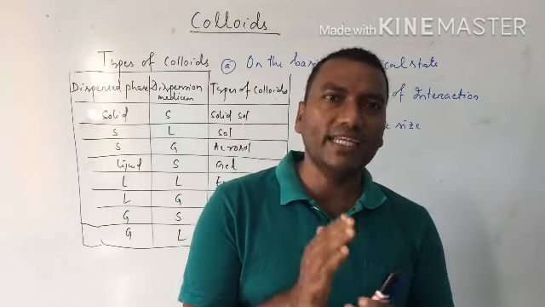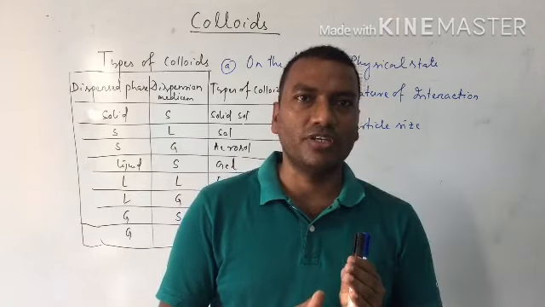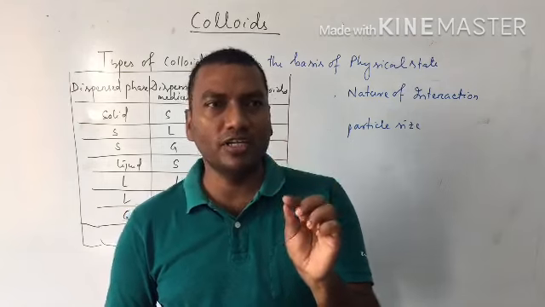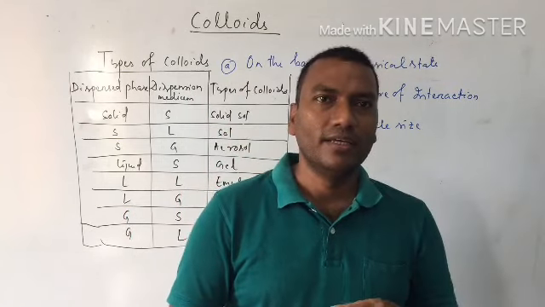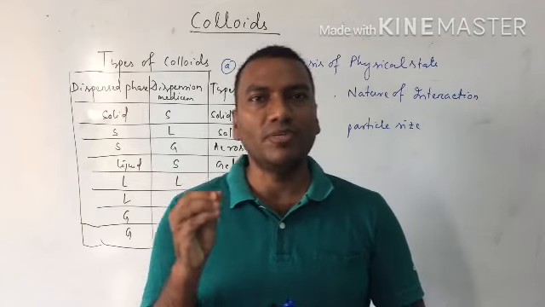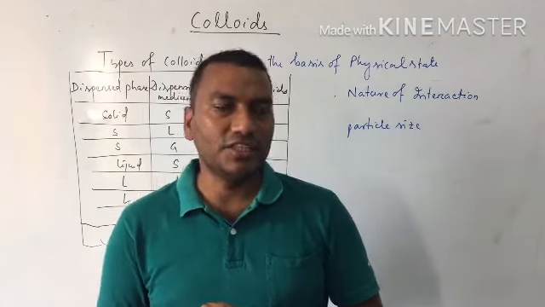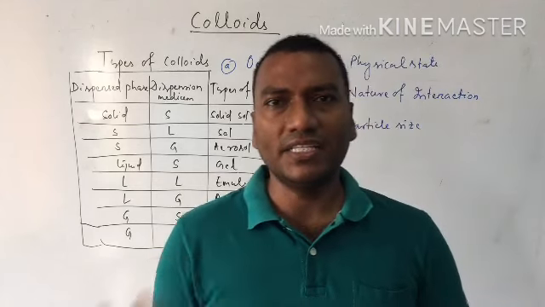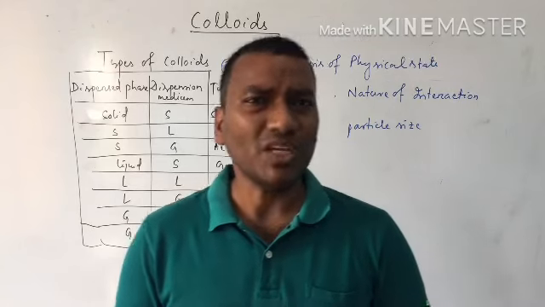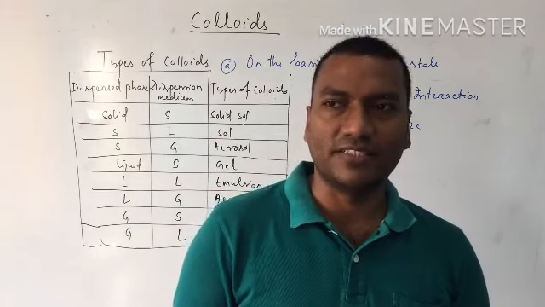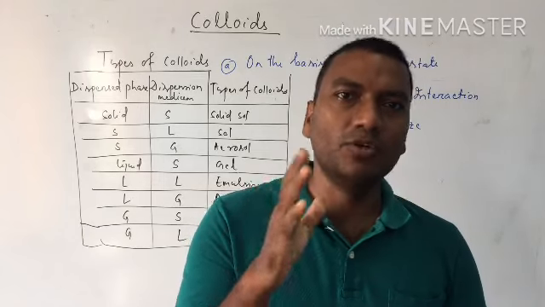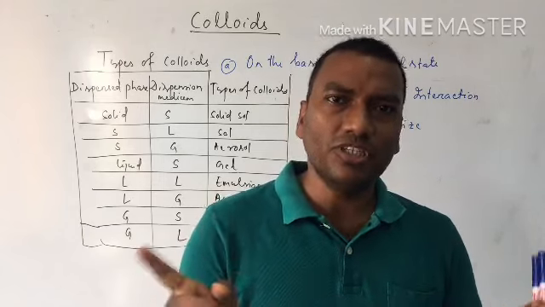In standard 9 you have read one is true solution, another is suspension and another is colloidal solution. True solution means when sodium chloride is dissolved in water, the particles are completely dissolved, very small, and cannot be seen by our naked eye. That's why this is called a true solution. And what is suspension? Suppose muddy water, flood water. In suspension, the particle size is very big and visible to our naked eye. So these two you have read.